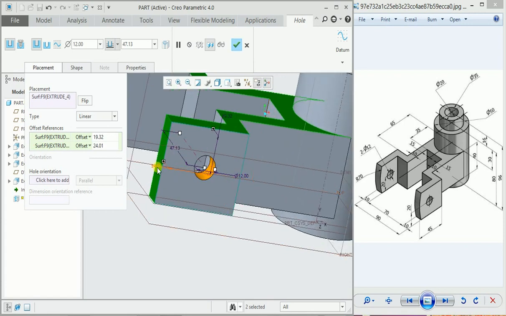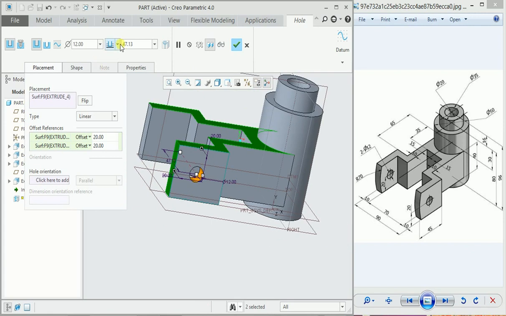Now diameter is 12, this distance is 20, enter. This distance is also 20, enter, and from here select intersect up to